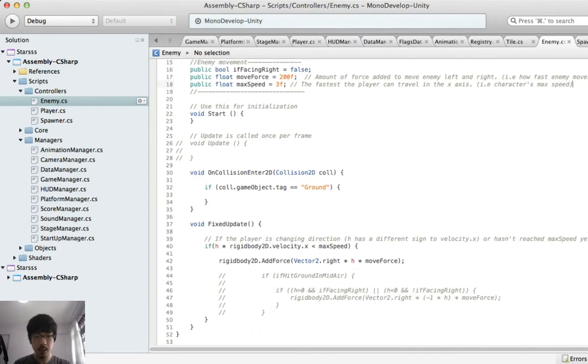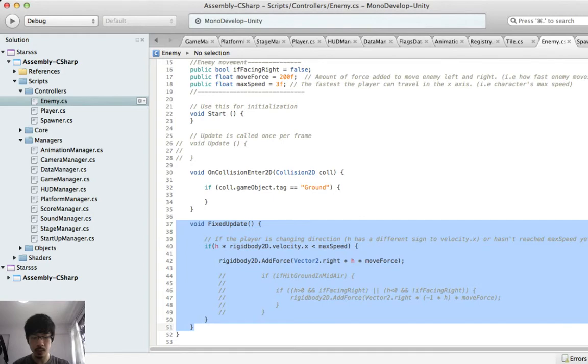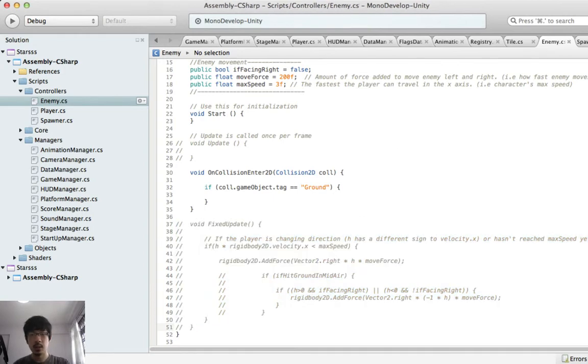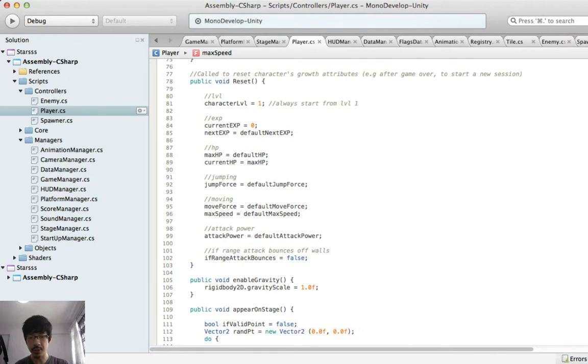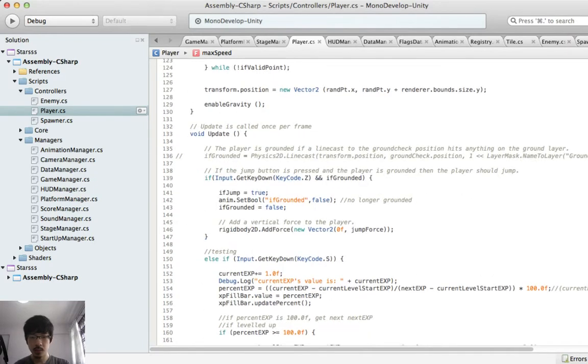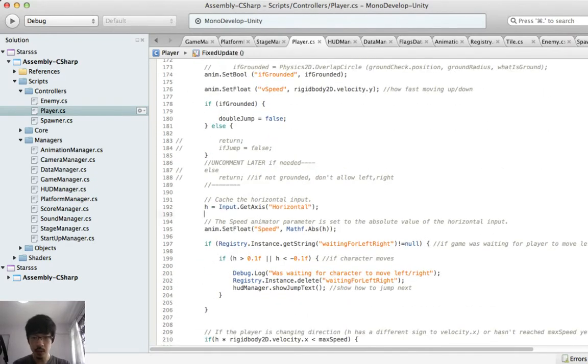Okay, and we need the H. Okay, so to get the H, we need to simulate that someone or something is pushing the enemy. Okay, so to get the H value,